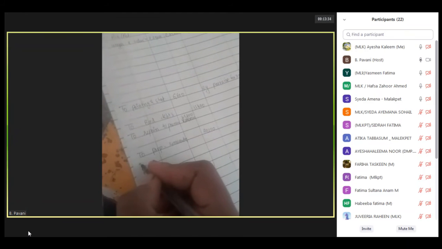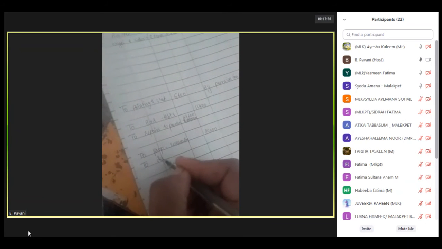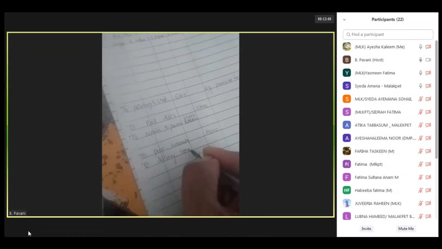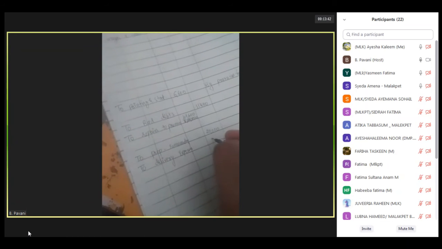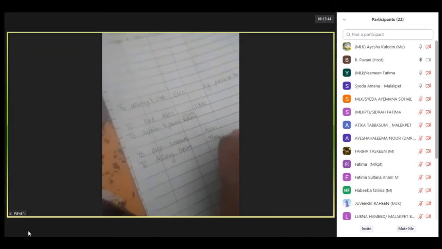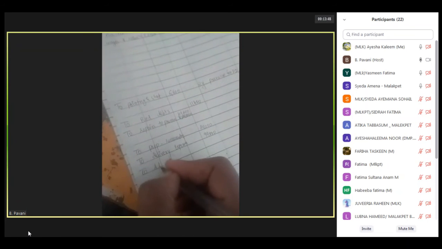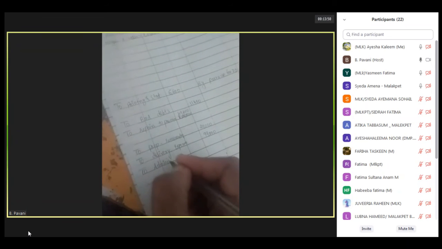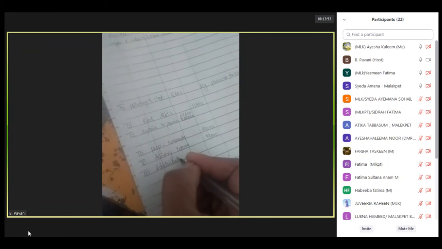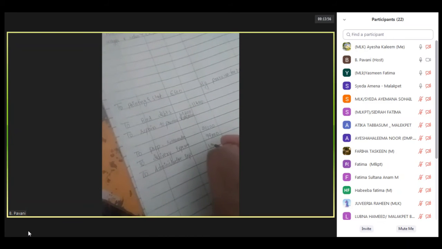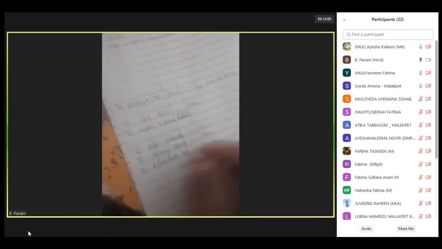The next is delivery charges. This is an expense. It will come in the P&L account debit side, to delivery expenses. The amount is 99,000. The next is administrative expenses. This also will come in the P&L account debit side. The amount is 1,31,400.